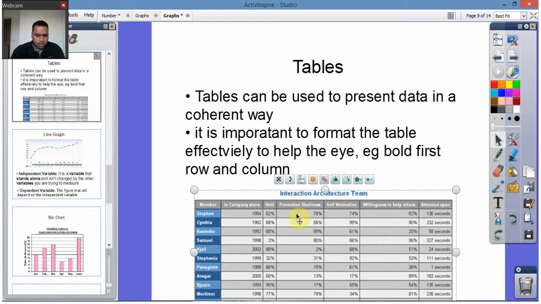So what presenting in a table does is that you can see it's quite easy to compare between different people, and you can probably sort the columns using Excel, etc., and maybe put the highest values, say sort by motivation at the top, or promotion likelihood at the top, so you can see who's the most likely people in the company to get promoted. Looks like Ravinder's very likely to get promoted. So presenting in a table is a very useful way of presenting data, and as accountants we will always do this